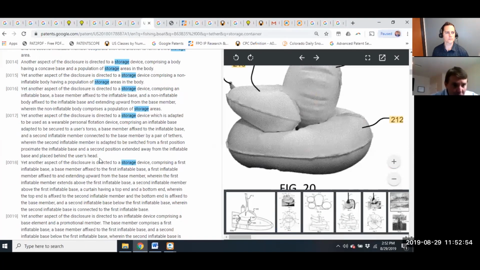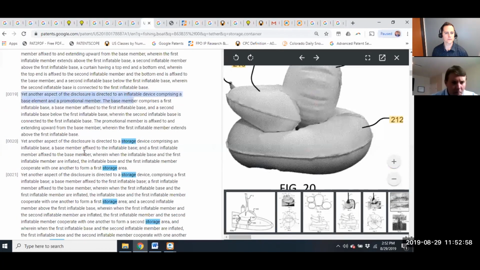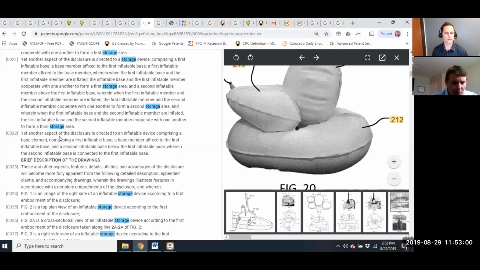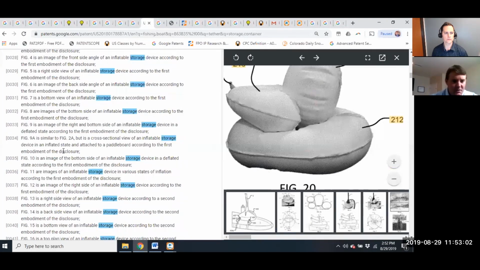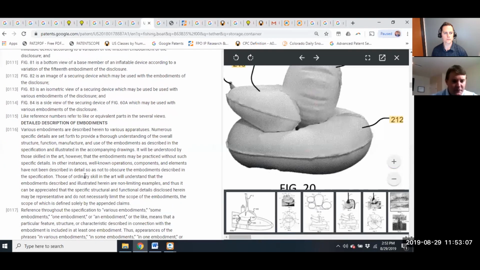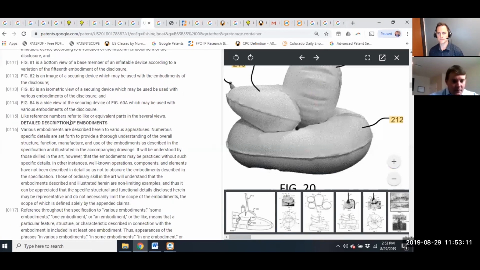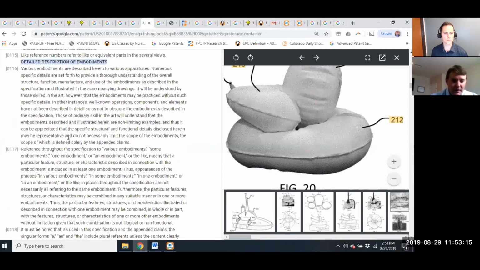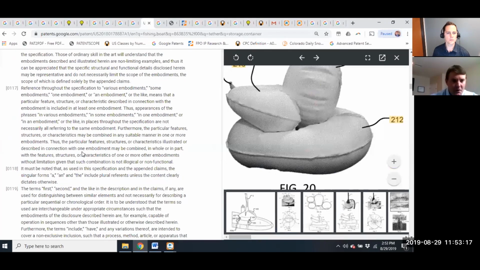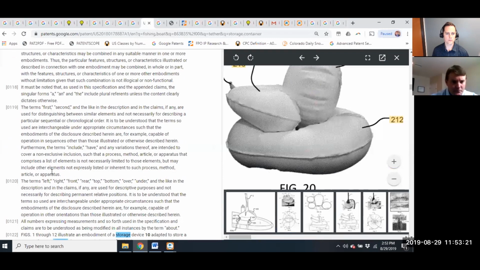You have these wonderful things down here called "yet another aspect of the disclosure." You'll see things that say "a brief description of the drawings," usually in the detailed descriptions down here. It's important to pay attention to different parts of the patent. This is where you find your landmines and your problems. And this is hypothetical, I haven't read this patent to tell for sure, but what you could have in here is, you see,